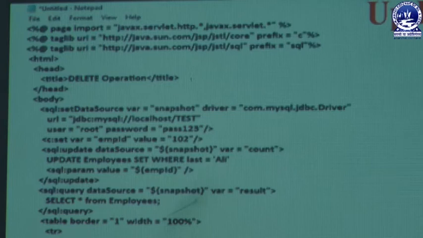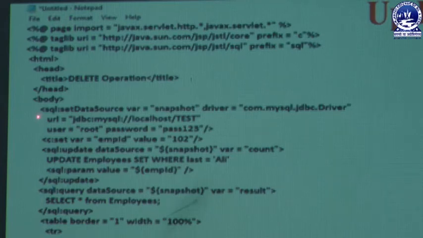In this body section we are generally declaring the SQL set data source custom tag library, written as sql:setDataSource var, and it is written as snapshot. And then we write the driver. In that driver we mention the driver class, written as com.mysql.jdbc.Driver.